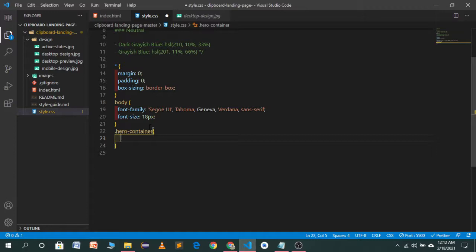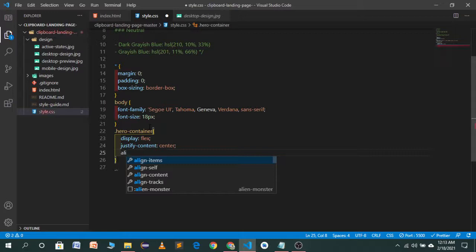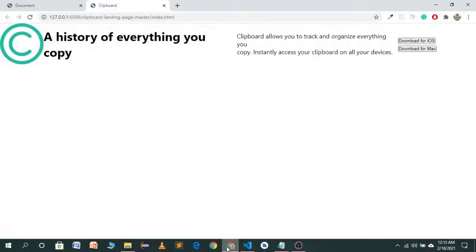We will use flexbox instead of position for our layouts. So I will use display flex, not block. Display flex, justify content center, align items center. Let's see how it changes our layout.